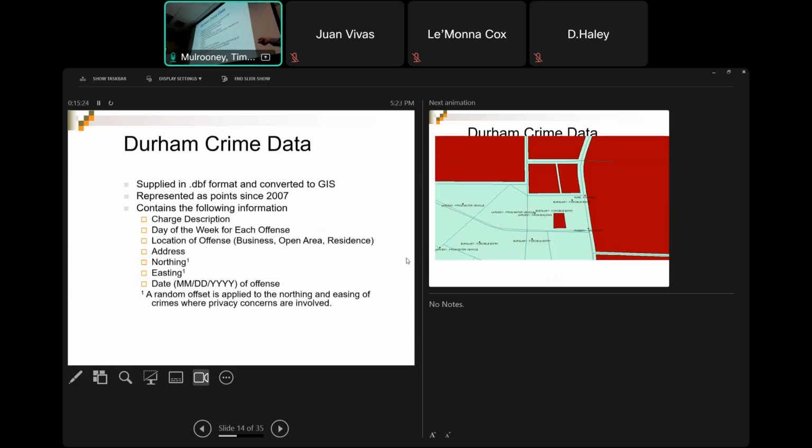So what we have here is Durham crime data. Previously, they used to give me this in a DBF file, which is basically kind of like a glorified CSV file. These days, we can go to a place called Open Durham and download the crime data just like that. We taught a class last semester called crime analysis, where you pick the year, and you download every single crime in the past year. And then now we can go and make a map of it.